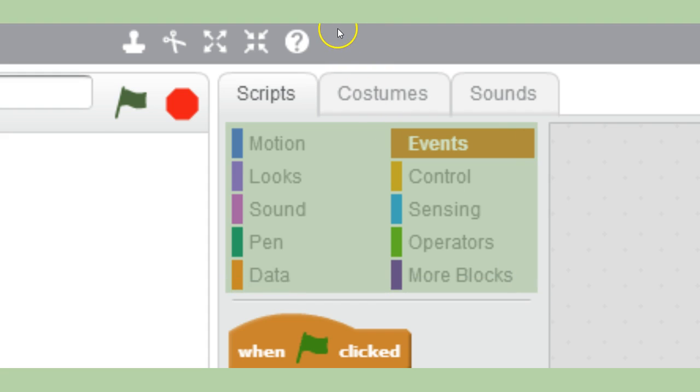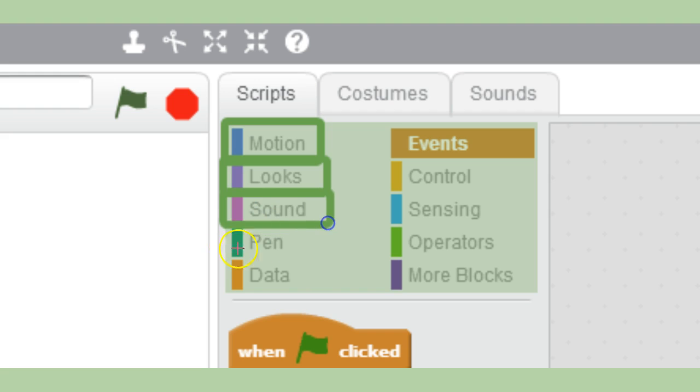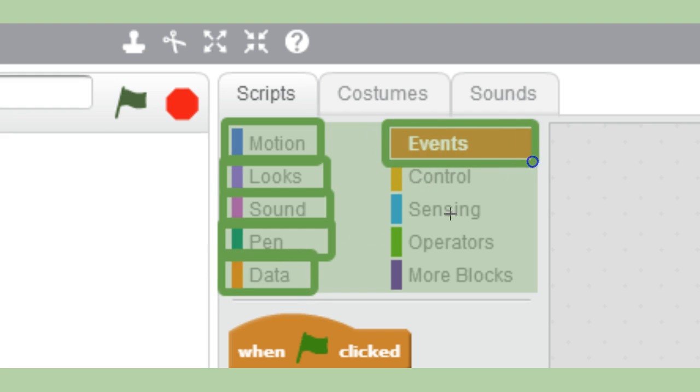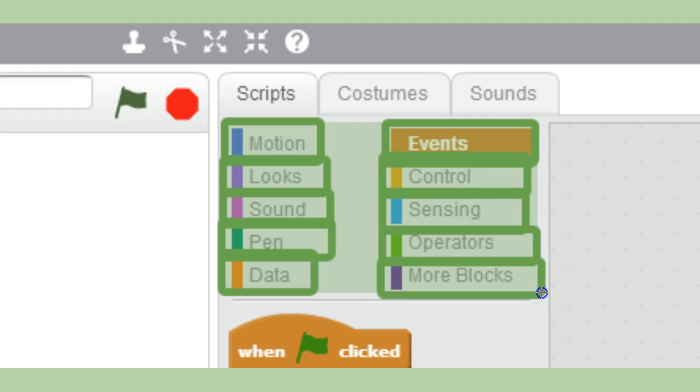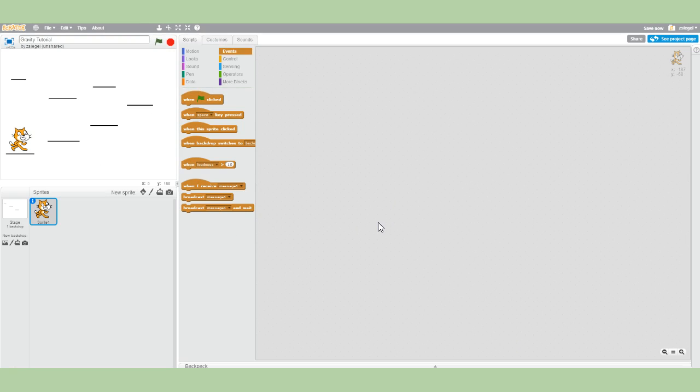Our different categories include motion, looks, sound, pen, data, the events, which we're currently in, controls, sensing, operators, and more blocks. We're not going to go through these in detail. When green flag clicked,